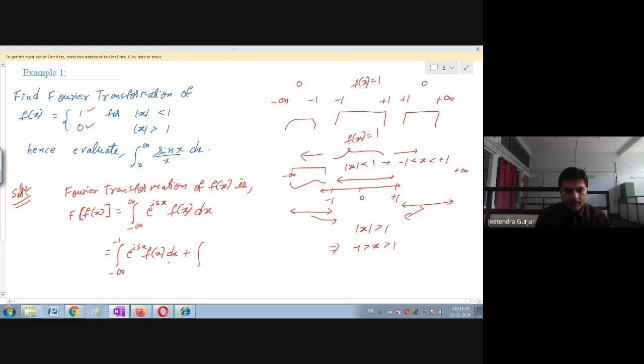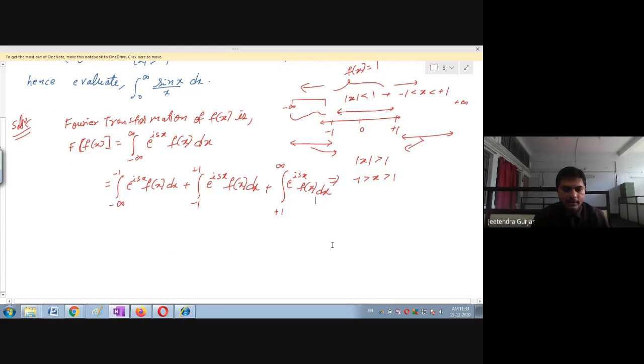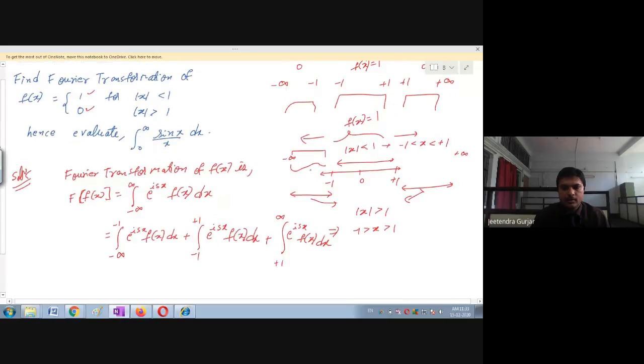Now what will be this continue? -1 will continue here, and I will put here +1: the integral of e raised to isx f of x dx, plus. So I will again continue this part, from +1 to infinity, e raised to isx f of x dx. Is it clear, students? So like this, I have broken this integral into these 3 parts, because I want